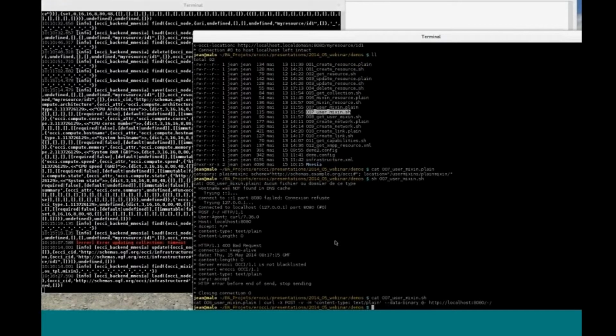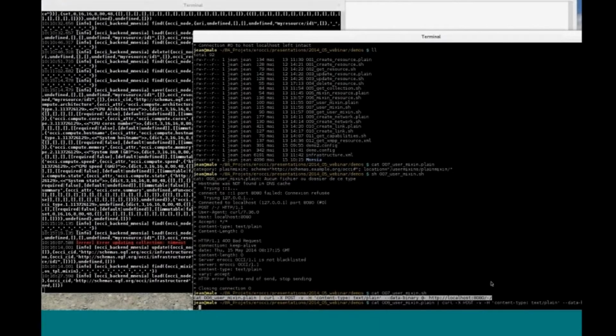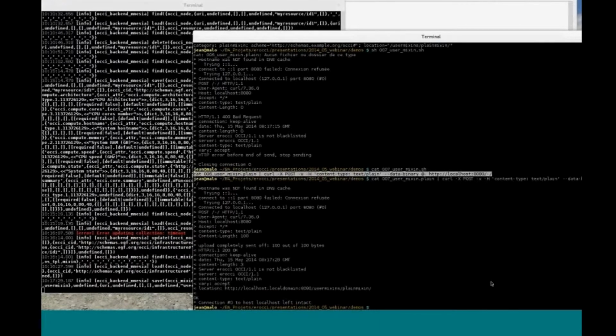Okay, so it's a mistake also. I have created a new mixin which is located at this place, and I can associate resources with it, which will allow to tag the resource. So OCCI is extensible,